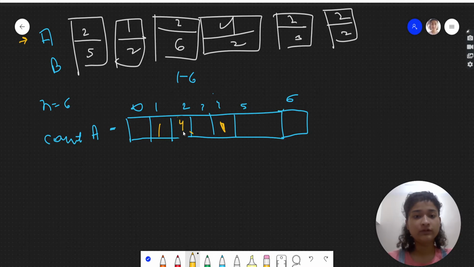So what we did was we stored all the digits which are in the top half, their counts we have stored in the count A array.